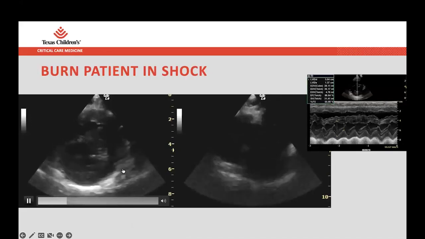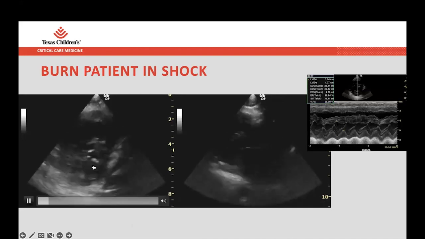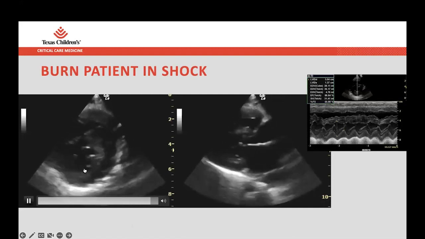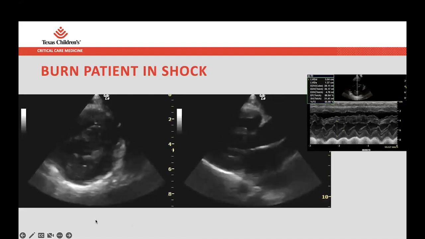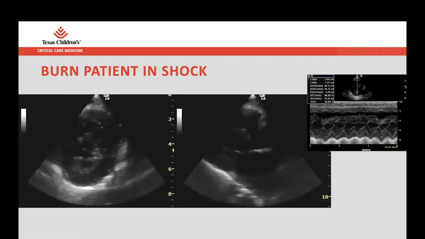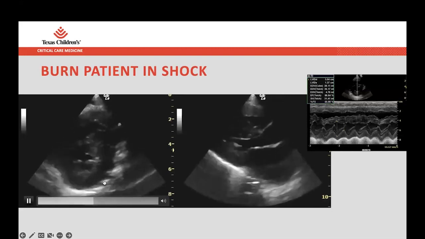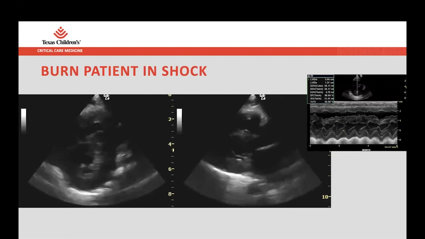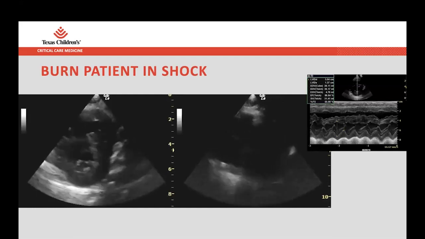Okay, so basically, we have a LV that is pretty collapsible, right? In systole, you can even see that the papillary muscles come next to each other, and sometimes we call that kissing papillary muscles, where basically the walls of the ventricle are practically coming together. You might even think, well, the wall of the LV looks a little thick, but that can also happen in an underloaded situation. So this is a patient who is just leaking fluid, and so this would